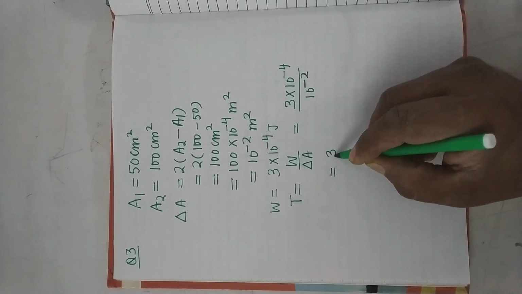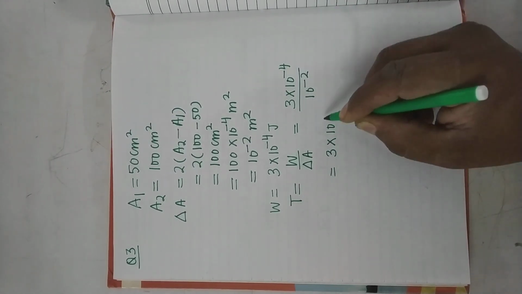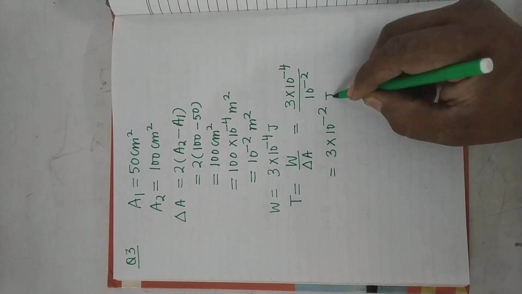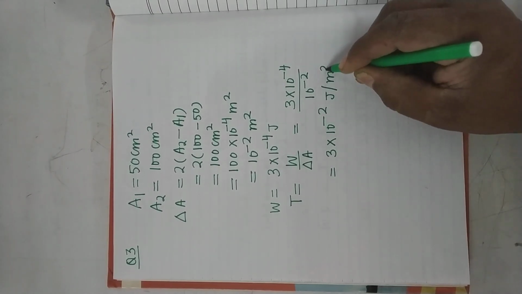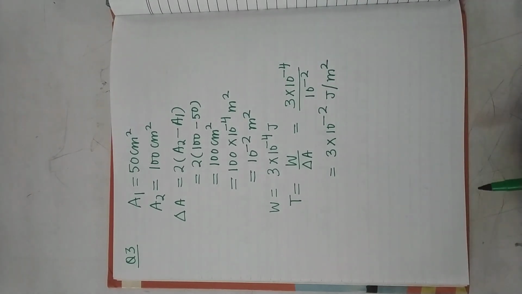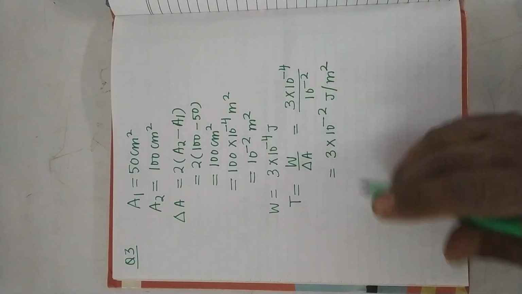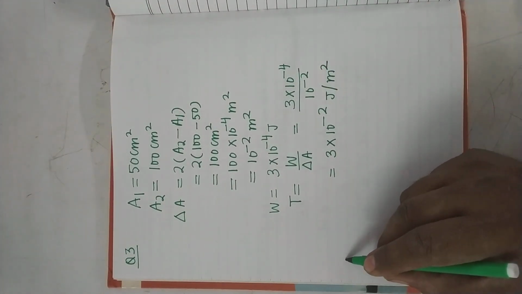So it will be 3 into 10 to the power minus 2 joule per meter square, or you can write Newton per meter also, because both the units are equivalent. It's clear. Now you see the question number